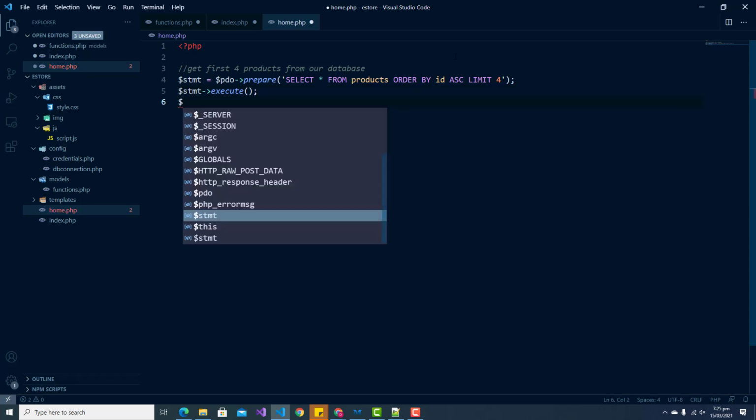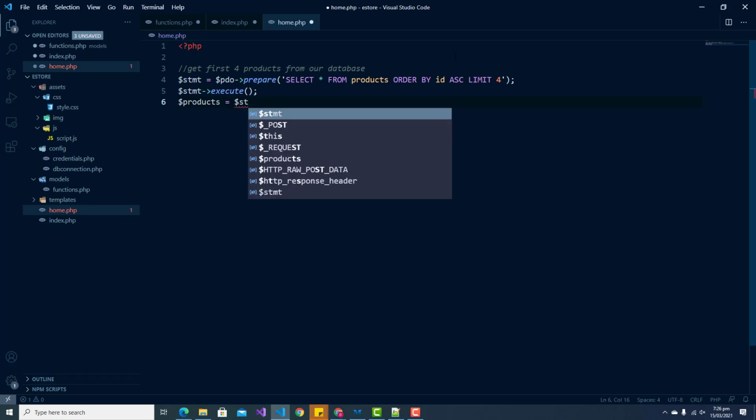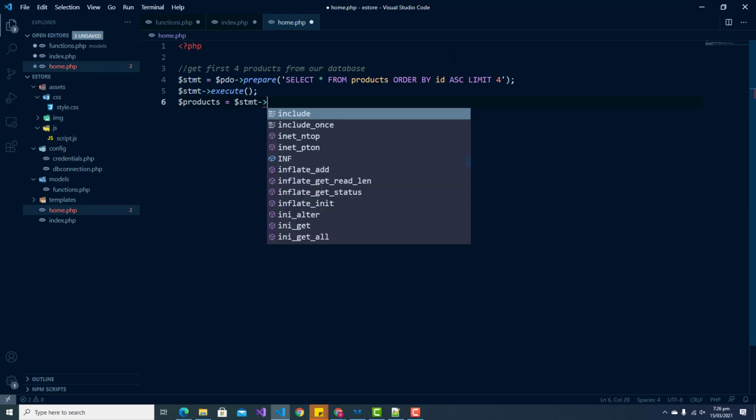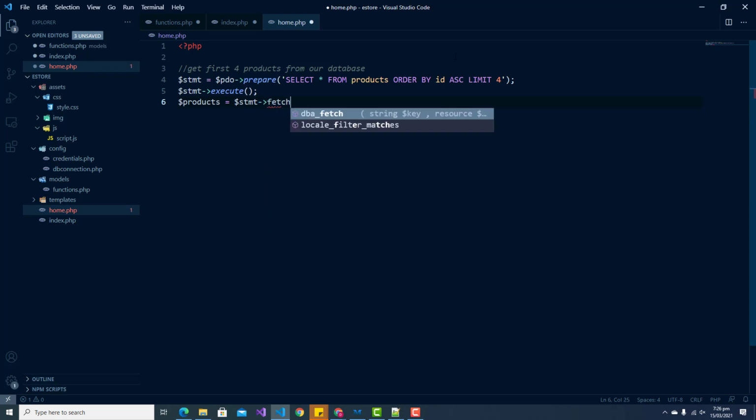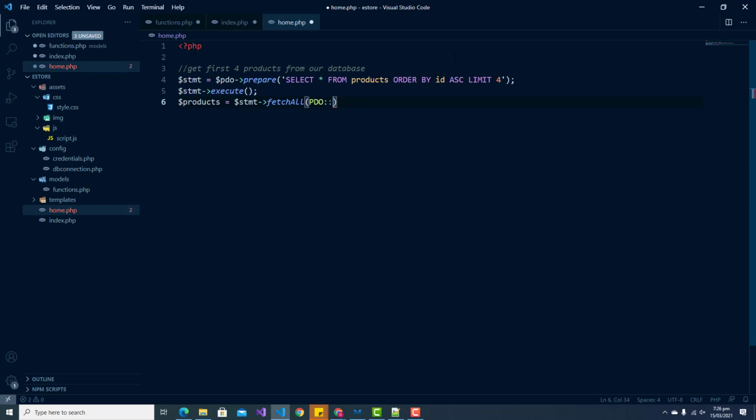And then we're going to store our products that are retrieved in a variable. So we're going to say products equals statement, and we are going to fetch all. All right, so we're going to fetch each associated row. So now that we have done that,